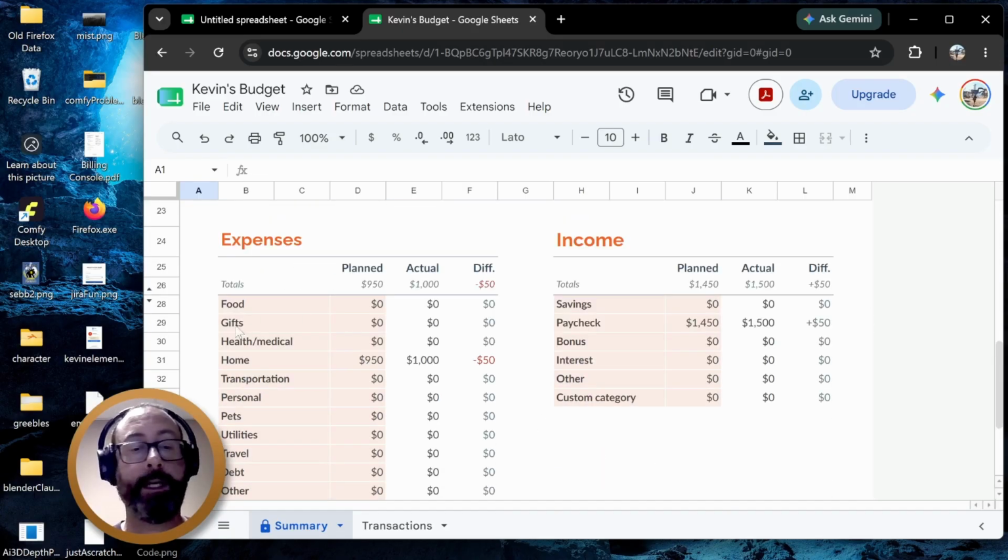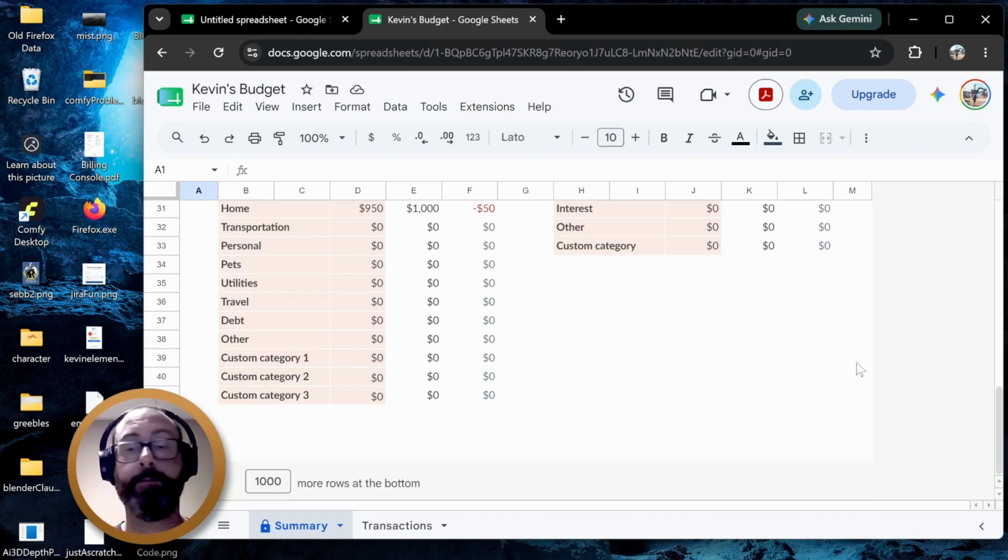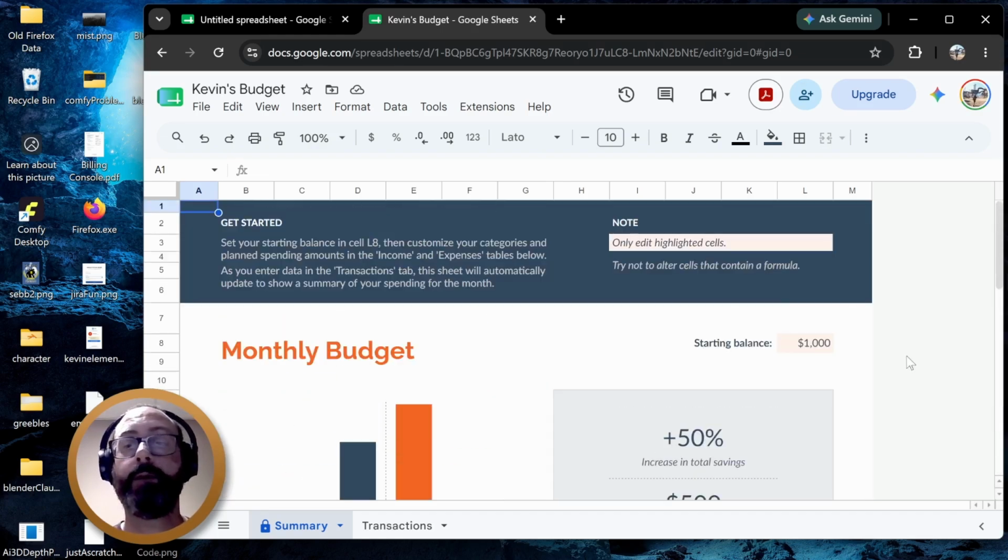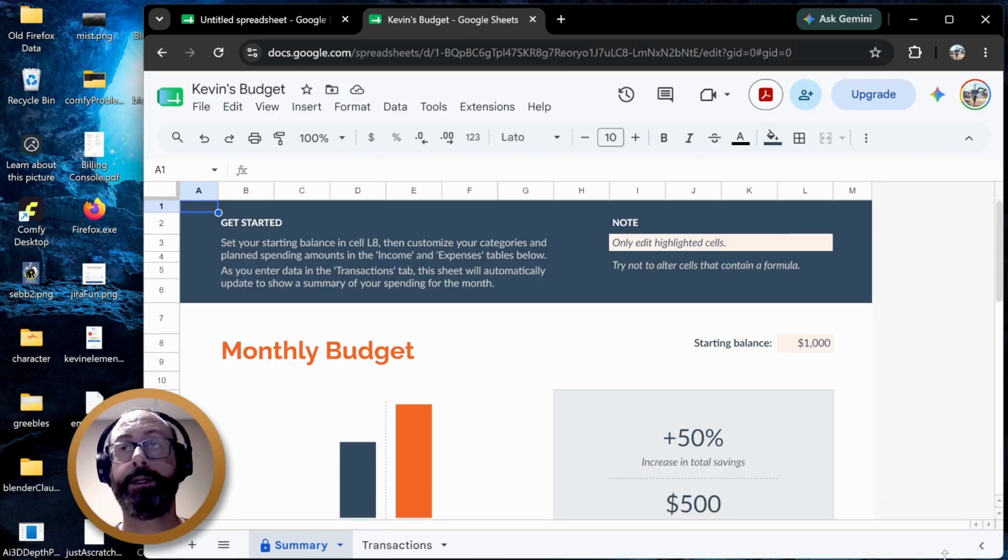That's important information that you're going to put into these fields when the time comes. All right. So you have to be careful when you're editing these template files that are brought to you by Google, because see it here. Set your starting balance in cell L8, then customize your categories, plan your spending, but note, only edit highlighted cells. So with this color, right, this kind of flesh colored